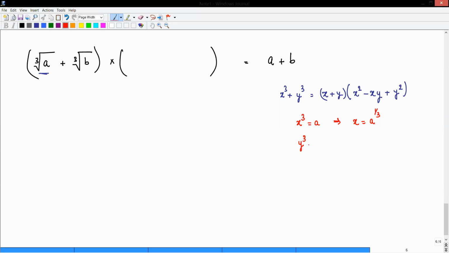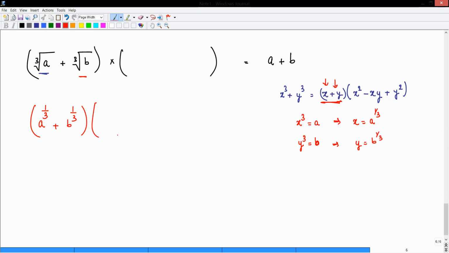Y cube you equal to b, then y becomes b power 1 by 3. So this is x and this is y. So I'll write it as, in place of x, a power 1 by 3 plus b power 1 by 3